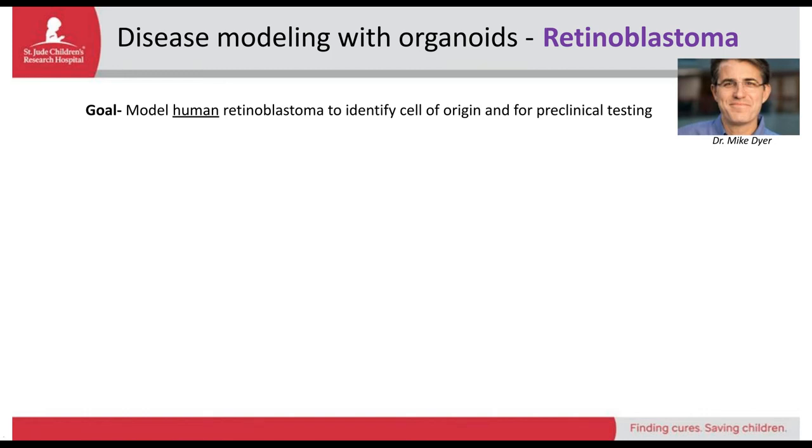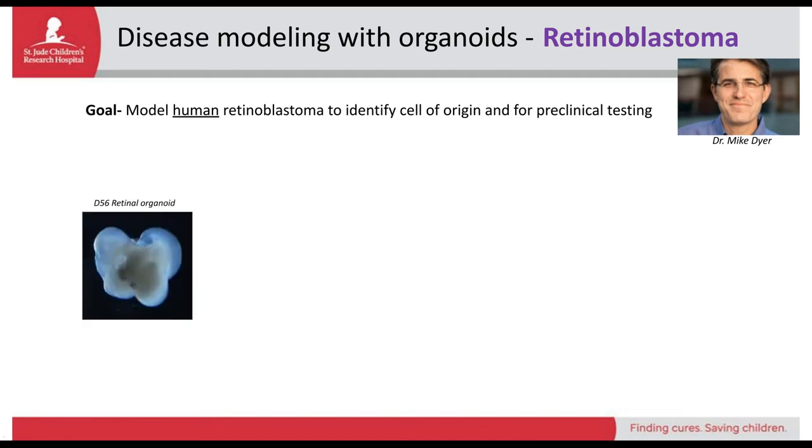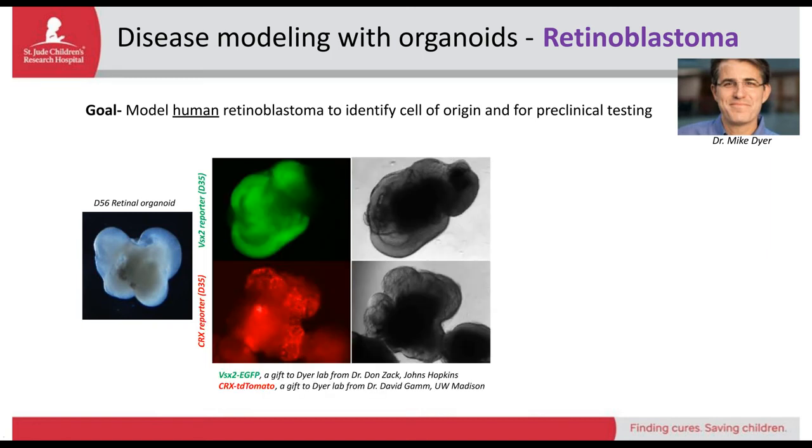Now, our job in this collaboration was to develop and optimize a highly reliable and efficient protocol that could differentiate any iPS line into a retinal organoid, which is basically what we worked on. We used a couple of reporter lines here, which the Dyer lab received as gifts from their collaborators. And using these reporter lines, we basically optimized a protocol